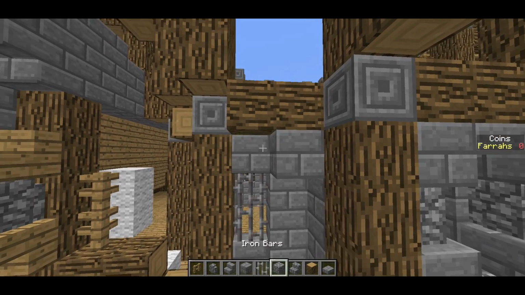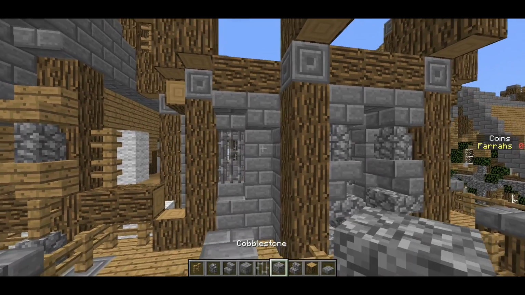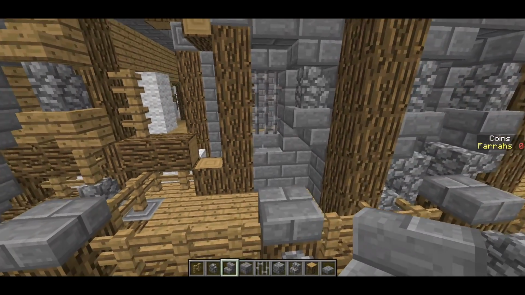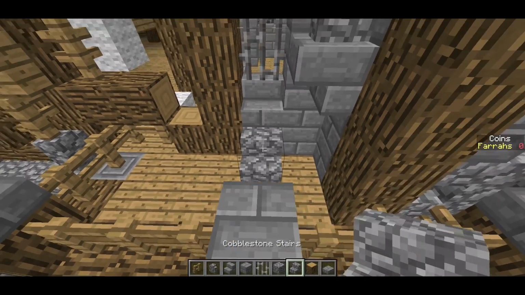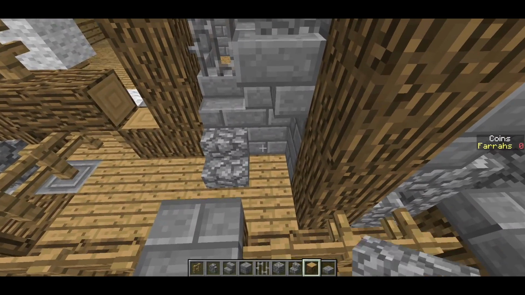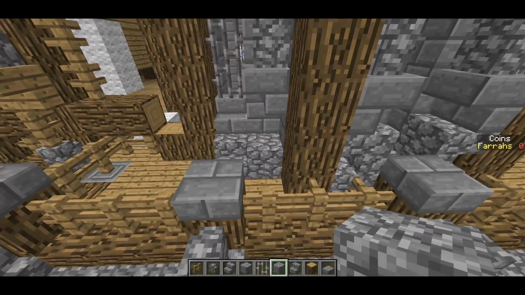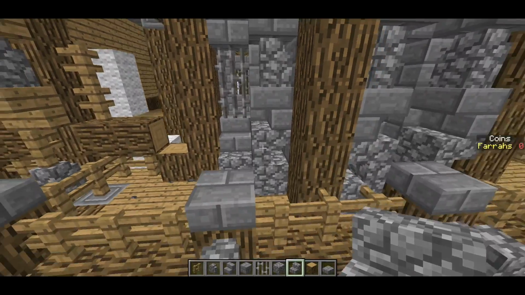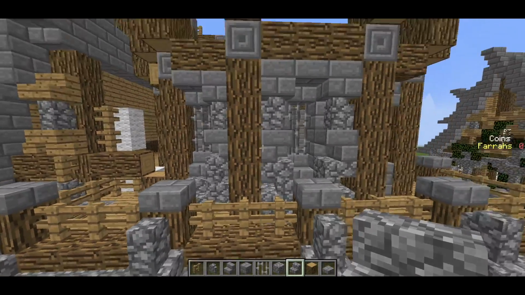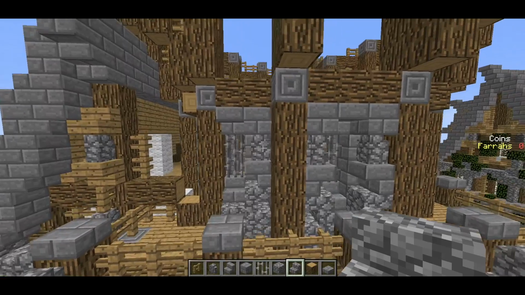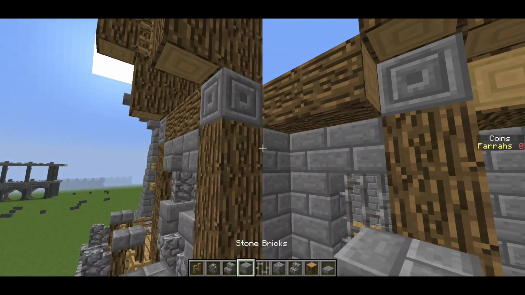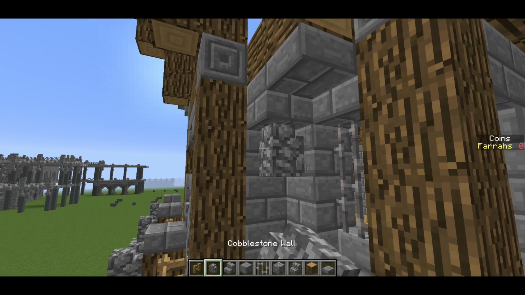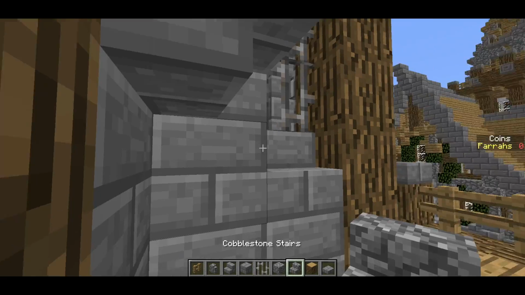So we're going to do a block, a slab in the top, a wall underneath with an upside down stair, a cobblestone stair in the bottom with a block of cobblestone next to it, and then finally an upside down stair underneath this upside down stair, just like we've had before. And that's what you do for this side, and then we of course mirror it to the other side as well, to the other 2 block section, with a wall, upside down stair,